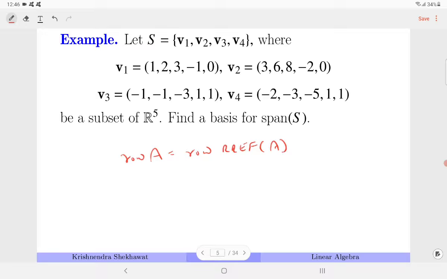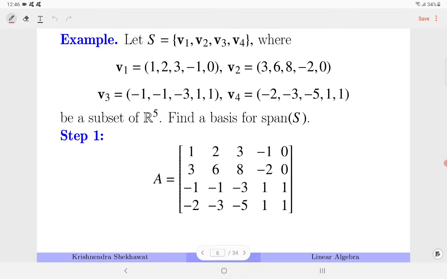If you represent them as columns, you will get 4 columns. Again, the pivot columns would be there, that form the linearly independent columns. But in this case, we know that column space of A is not equal to column space of RREF of A, which means that we need to look for the positions of pivot columns. For example, let's say the first 2 columns are linearly independent in RREF, then we have to take the first 2 columns in the original matrix A. So to address this question, I prefer to write them as rows.